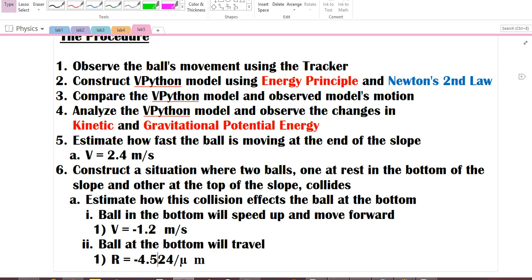6. Construct a situation where two balls collide, one at rest at the bottom of the slope and the other at the top of the slope. Estimate how this collision affects the ball at the bottom. The ball will speed up and move forward, at 1.2 meters per second in the negative x direction, and the ball at the bottom will travel 4.524 divided by the coefficient of friction of the concrete,